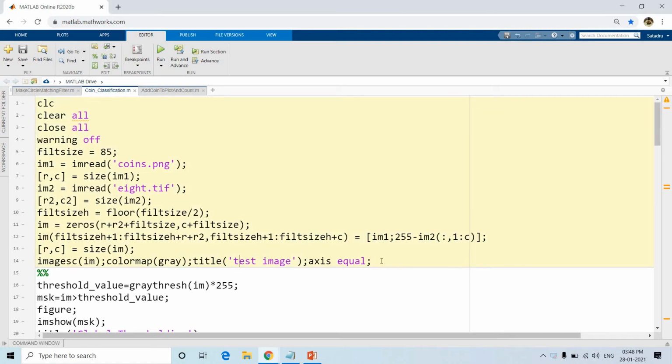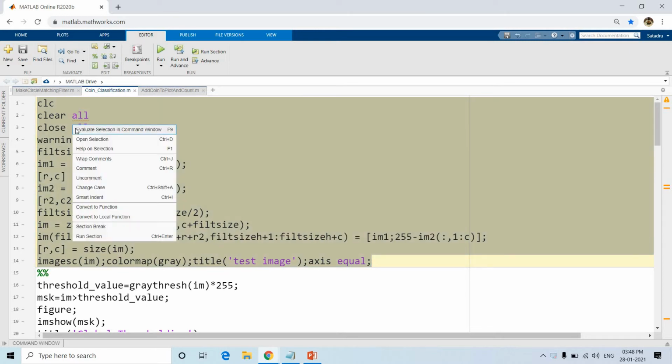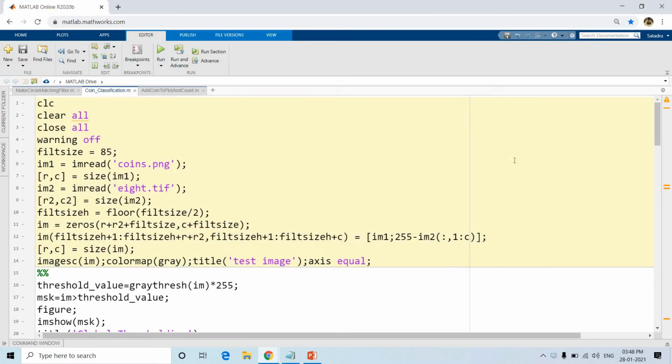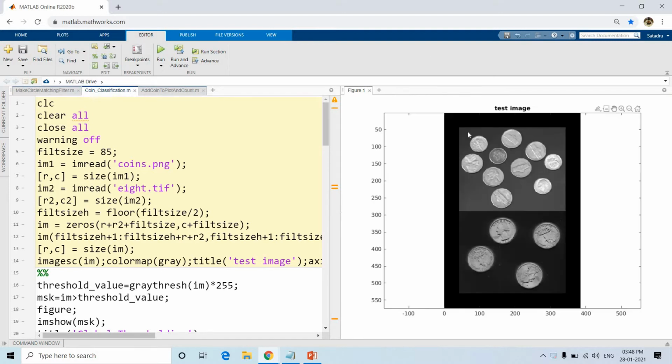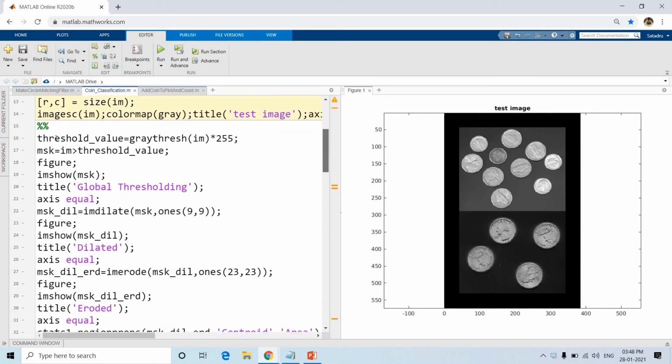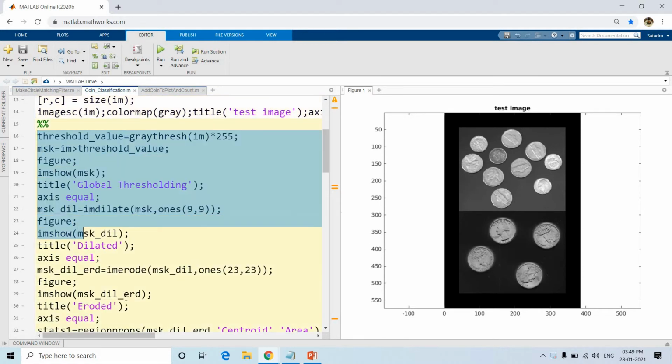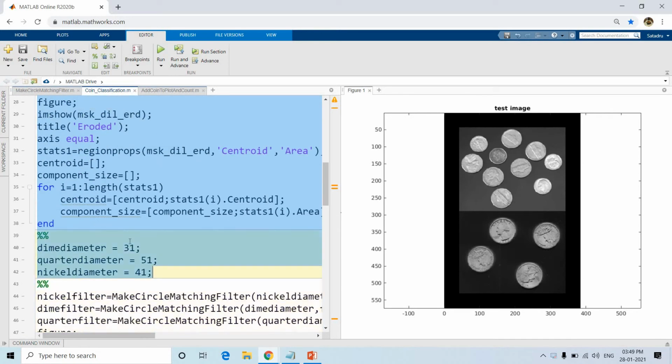So in my previous video, I have already started discussion on the project related to image analysis based solution for counting coin change in a bank, where we started with this particular test image, which is supposedly captured by the camera present on the top of the countertop. Then we applied segmentation and different morphological operations and computed the area and the centroids.